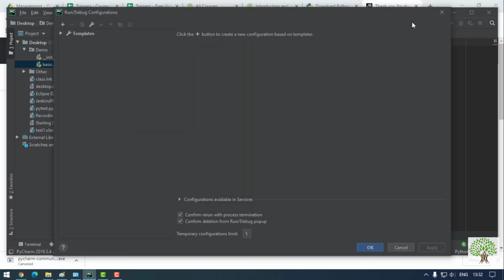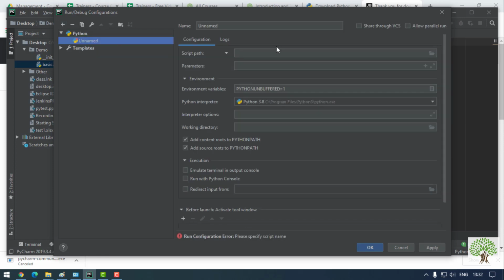You need to click on this add configuration, and you can see right now there is no interpreter that is ready to interpret my language. So I'll click on this plus and I'll say Python. Once I have opened the Python file, it will give me a prompt that I have to give the script name, I have to give the name to this interpreter, then the environment variables, and also which interpreter I want to use. Okay, so I'll say the name is